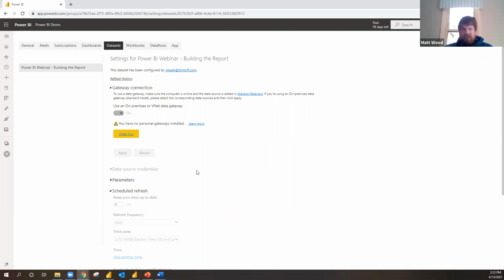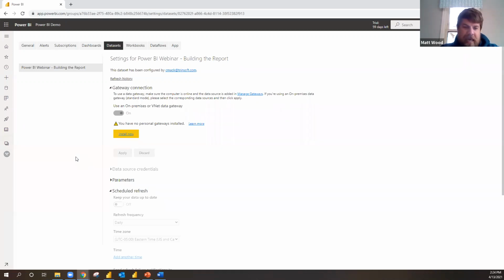One other thing I'll mention, we're not going to show it, but I want to make you aware: you can also set some security up row by row, for example. Let's say I had 5 departments in my sales group, and I wanted to say, okay, all my South department users only see this part of the report, and then my North and my East and my West, whatever. You can do that, and that's all done in the designing. So we may hit something like that in a later webinar, but that is possible as far as permissions go as well.